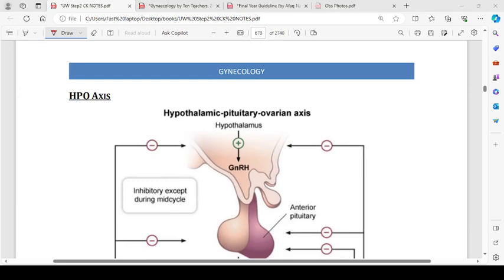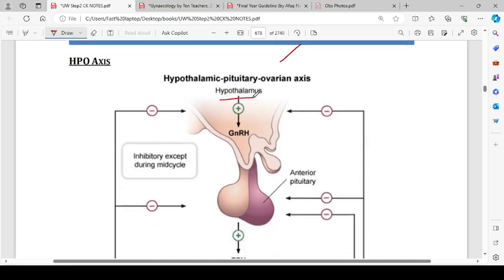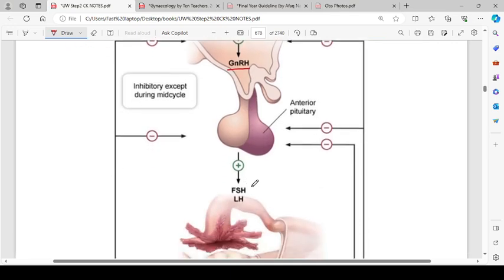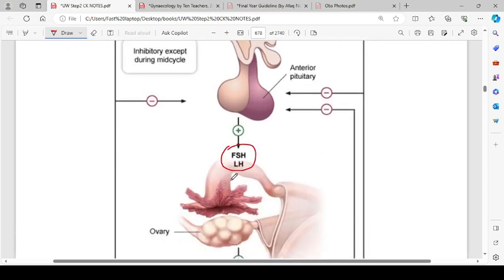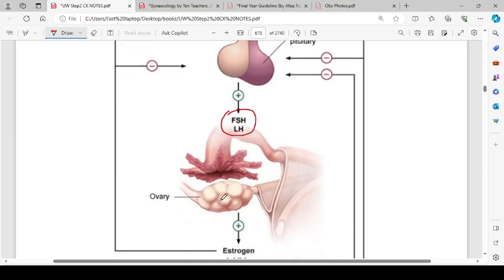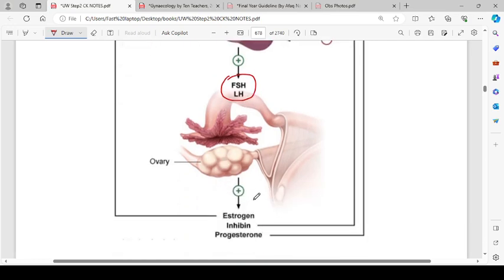Then we have the HPO axis. So hypothalamic pituitary ovarian axis. Hypothalamus, it stimulates the release of GnRH. Hypothalamus releases GnRH on the anterior pituitary to stimulate the release of FSH and LH, which will go and act on the ovary, and there will be ovulation, and follicles will start releasing estrogen,